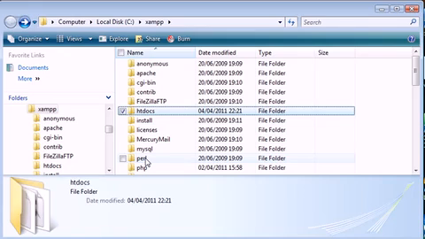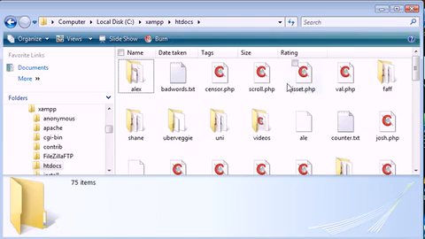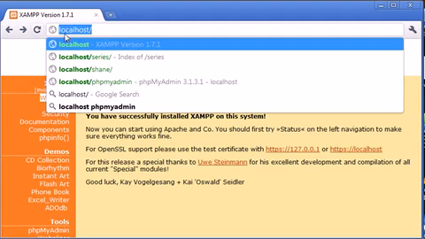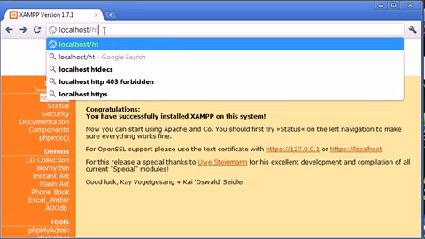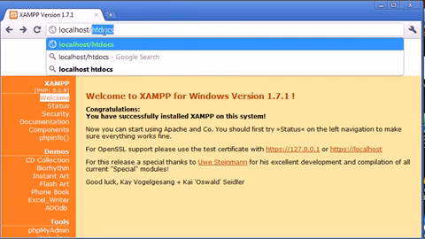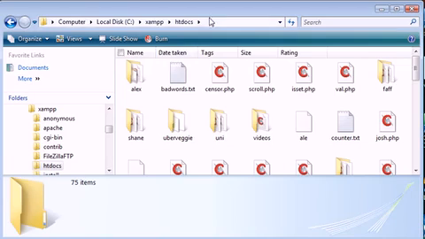Okay, so htdocs is the folder that I want to focus on in this tutorial because we're going to be creating our first file. Now inside htdocs at the moment it's a bit of a mess for me. I've got a few files in here, but we want to create our PHP file in here. So let's just open up our browser. So you know now that we access our website, or our local server, from localhost. Now we don't need to do localhost/htdocs/ and our file, because htdocs here is the root directory, if you like, for where